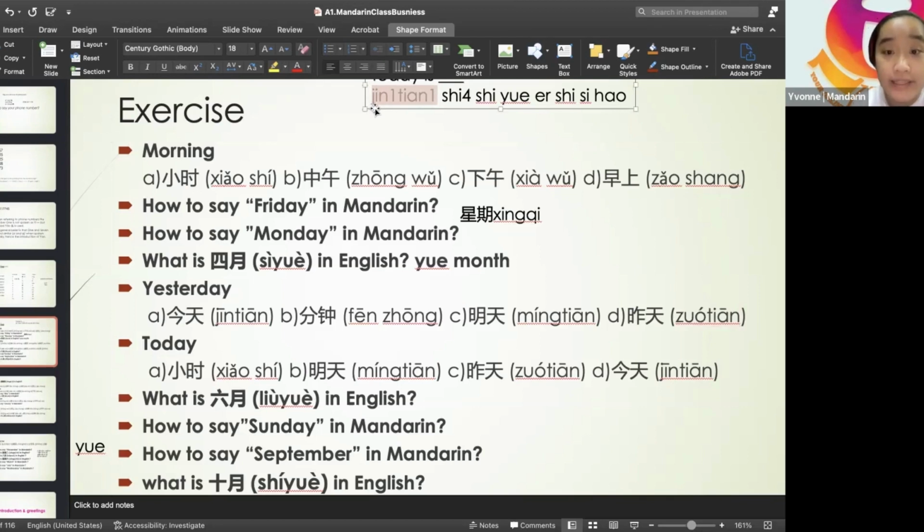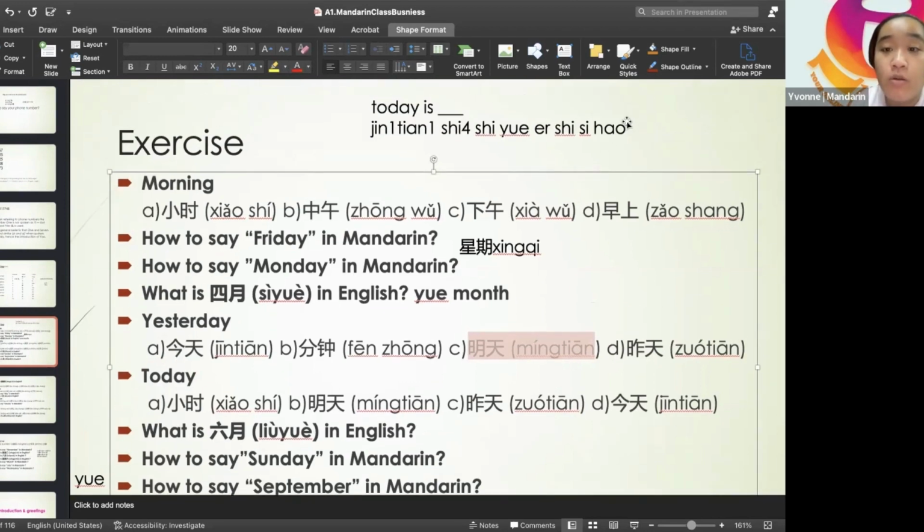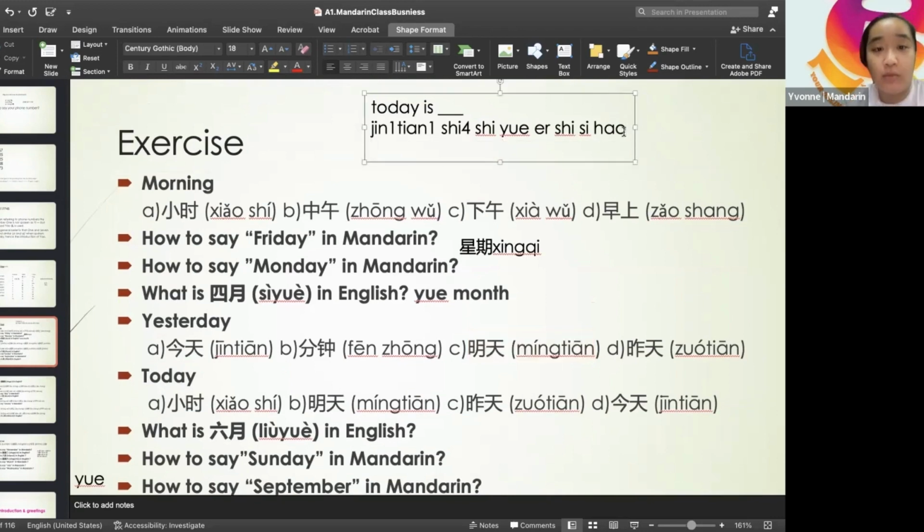How about tomorrow? You might see that there's one word with 天 I never talked about. That's it, this one, 明天. 明天 is tomorrow. Okay, tomorrow. So now I want to say tomorrow is the 25th. How do we say it? We start with